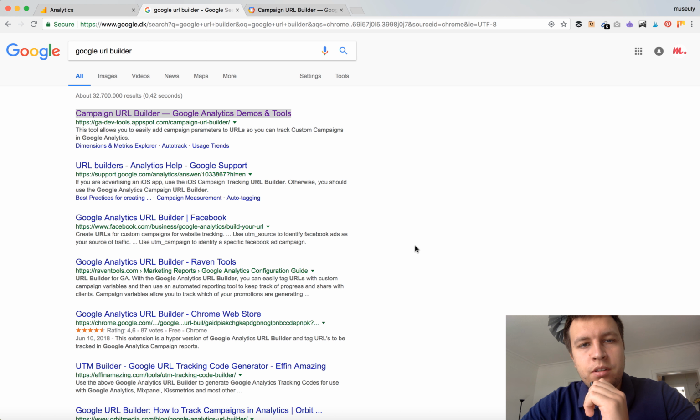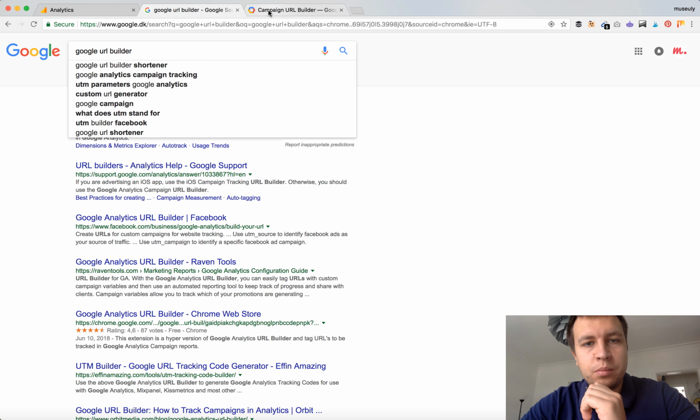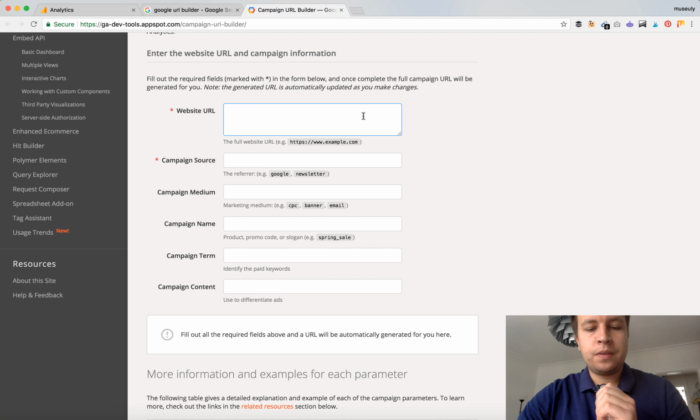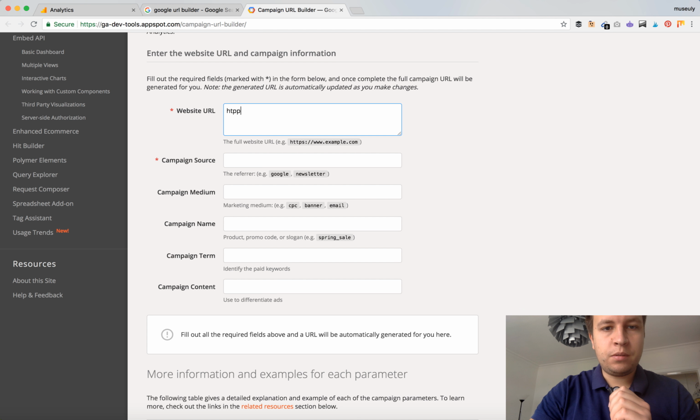Hello guys, so what is Google URL Builder and how to use it with Google Analytics and track traffic to your website? So Google URL Builder, you can just type it in Google and you will be redirected to this tool, which is called Campaign URL Builder. So how it works, you should just enter the address of your website,